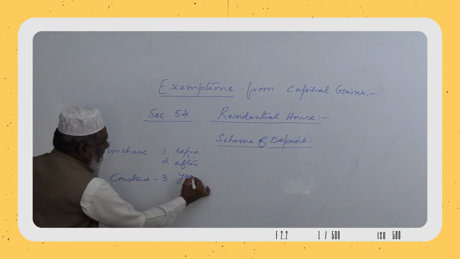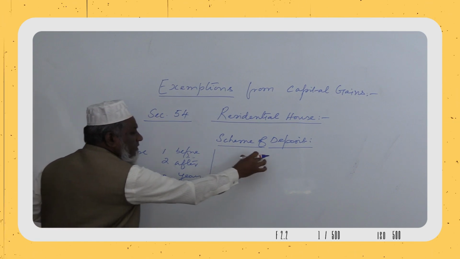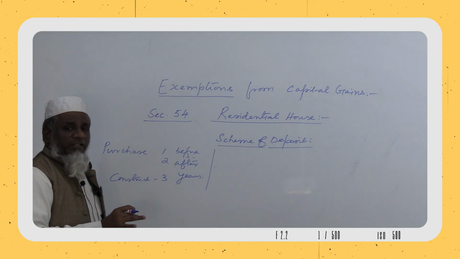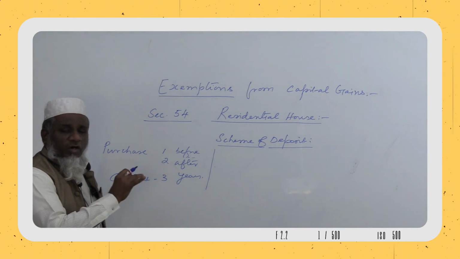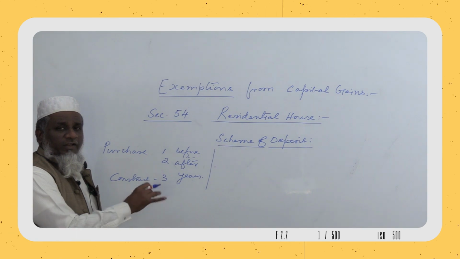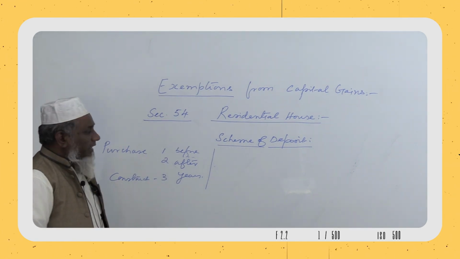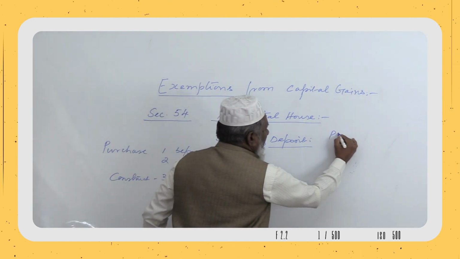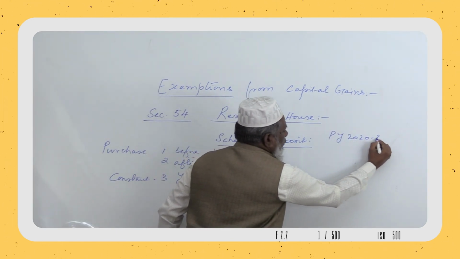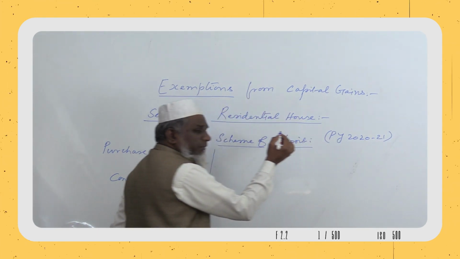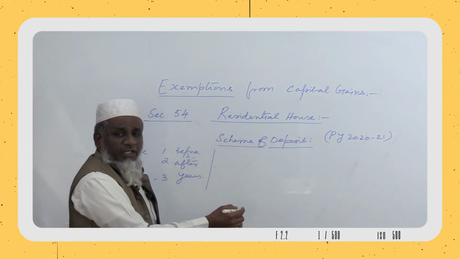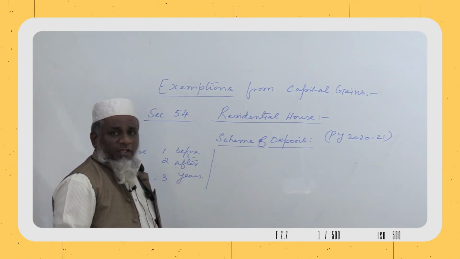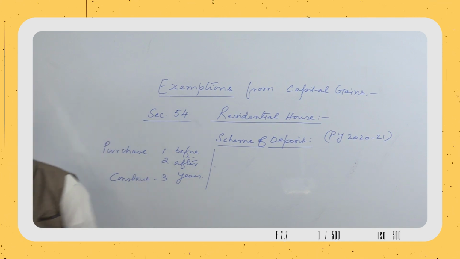3 years. Now, what does the scheme of deposit say? There is a new scheme that we have to follow very seriously when we want to claim exemption. The scheme of deposit very clearly says that for the previous year 2020-21, the previous year begins from April 2020 and ends on 31st March 2021. Then after the previous year is over,